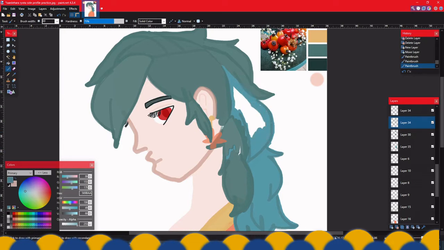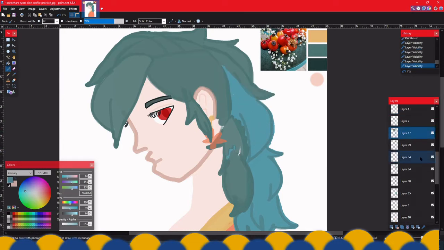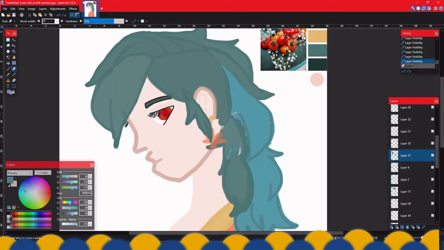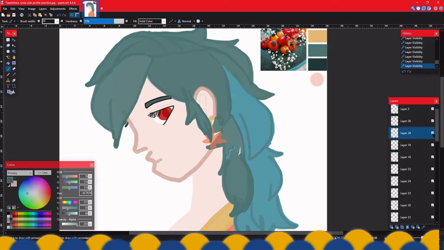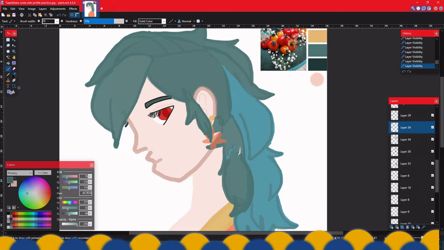It's about finding what works and what doesn't, and just experimenting. Same thing with his hair color, actually. Initially, I was supposed to just make him have green, aqua-ish sort of hair, but I decided that I wanted to make him have two colors instead of one. One of them is a darker, closer to green kind of vibe, and the other one is a little bit more on the blue side.